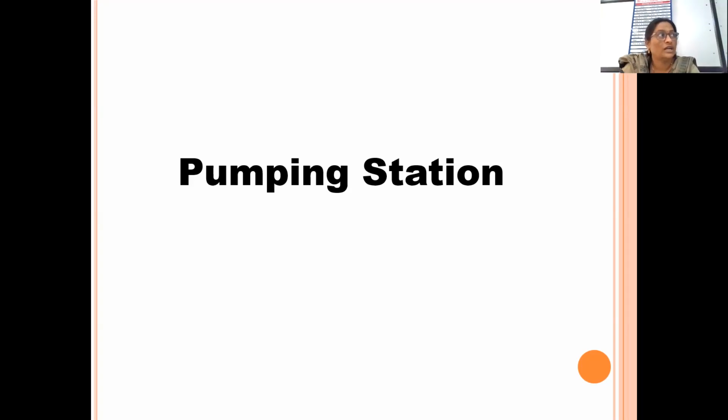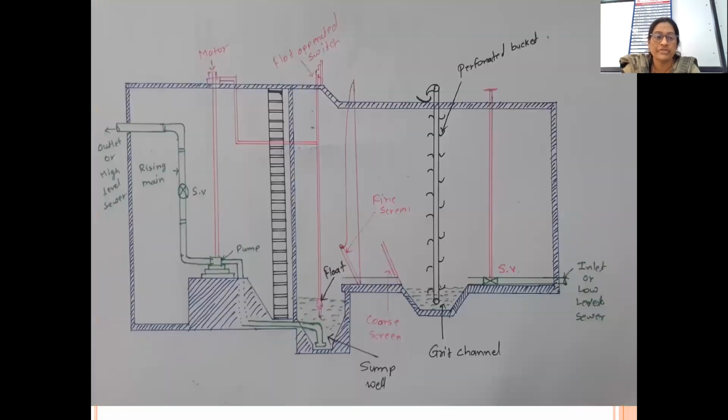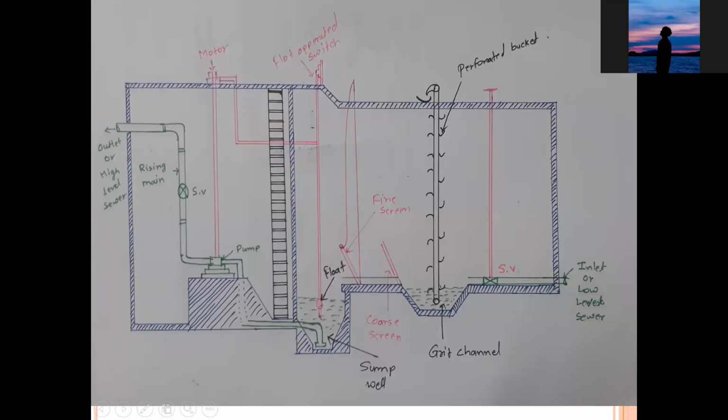Then what are the requirements in the pumping station that we are going to see in this figure? Just pay attention here. I will explain first and then you can draw it. So here is the inlet. Usually a pumping station is a closed conduit. It needs to be constructed properly because it is sewage with a foul smell as well as septic characteristics. The surrounding area should not get affected. That's why it should be a closed conduit.